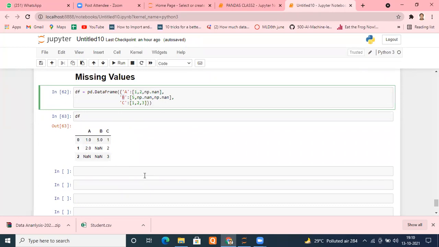Fine. So I'm able to create that. Now, actually, we can't create our model just by using missing values. That's not a recommended method. You have to deal with those missing values. Somehow treatment has to be done.